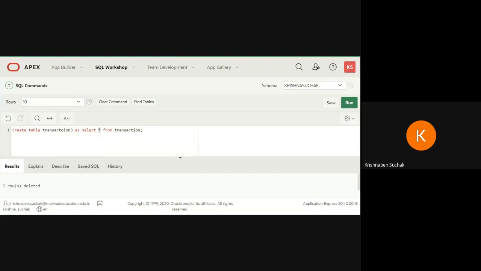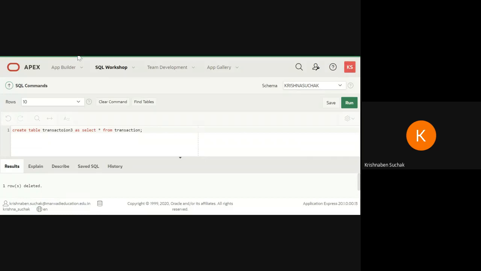This star is for taking each and every attribute. If you want to select only a particular column, then you can write that column here. If you write transaction ID, then only transaction ID will be there in transaction 3 table. Whatever attributes you write here, only those attributes will be in transaction 3 table. But here I have written star, so it will copy the complete table.